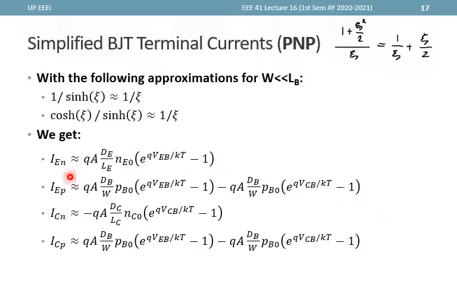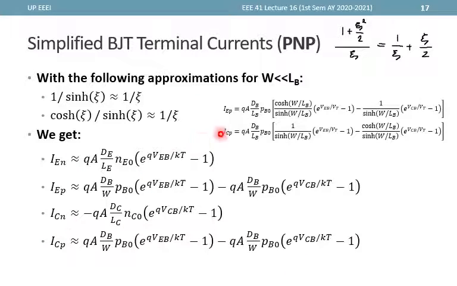These two were the ones that changed, and we have here the original expression. And if we follow this approximation, so this 1 over hyperbolic sine is approximately 1 over that thing. So these terms simply